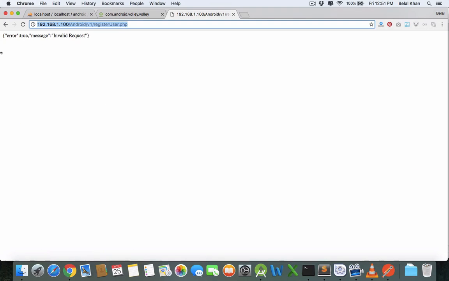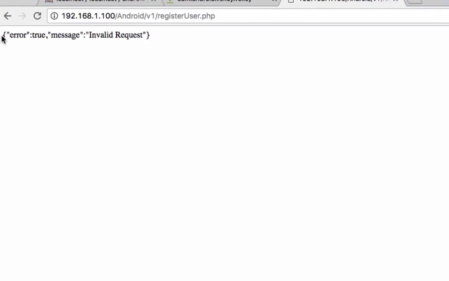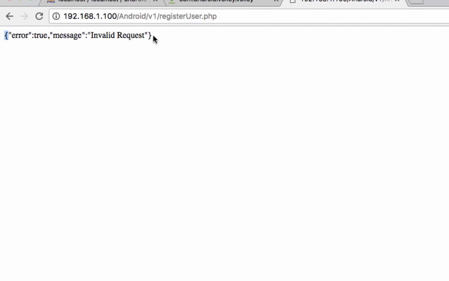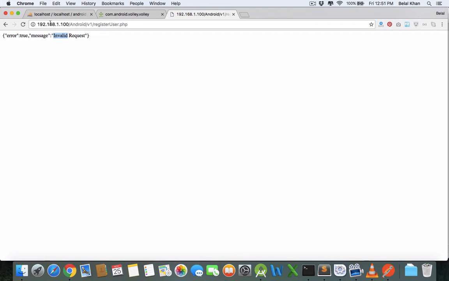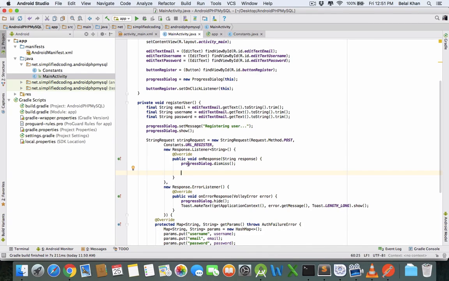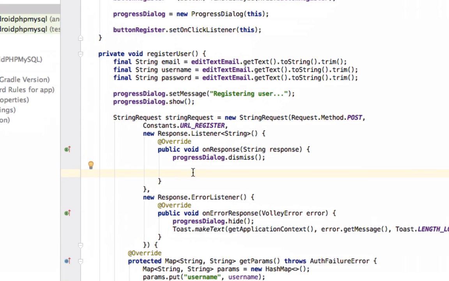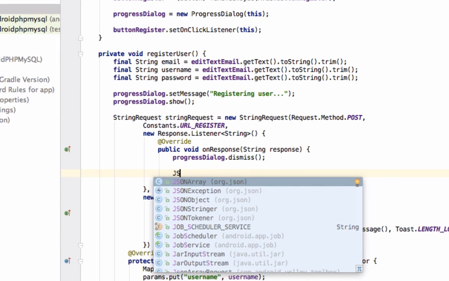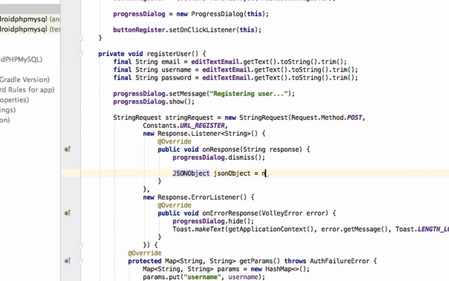And in response we will get the response. Let's check the response. In response we will get a JSON object. So this is a JSON object, these curly braces and these curly braces, this is a JSON object, and this is key and this is value, and again this is key and this is value. So we will pass this JSON inside this method on response. So first we will define a JSON object, JSON object equals new JSONObject, and we'll pass the JSON string, and the string will be contained by